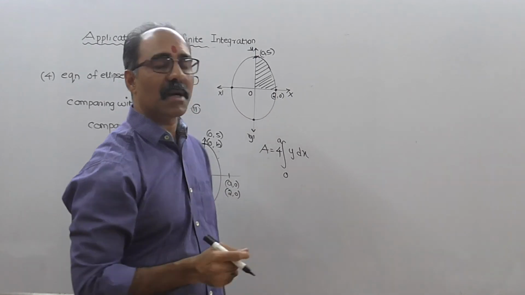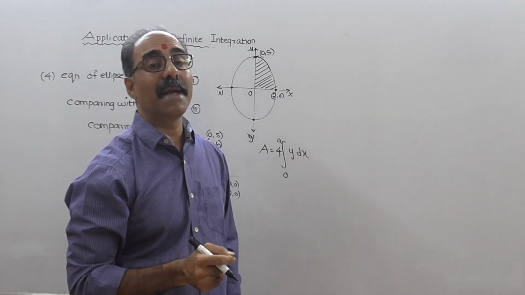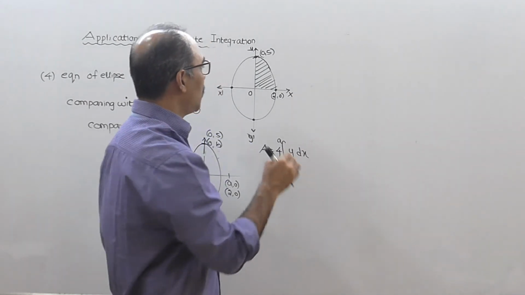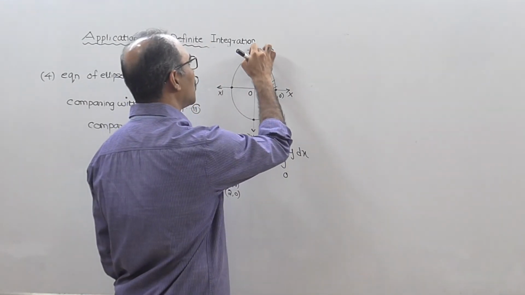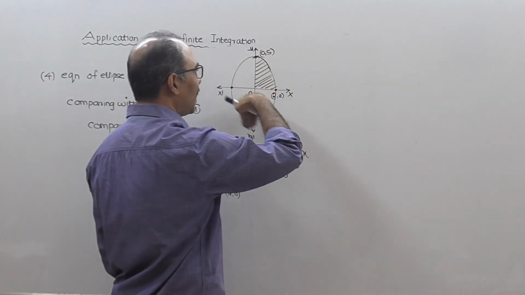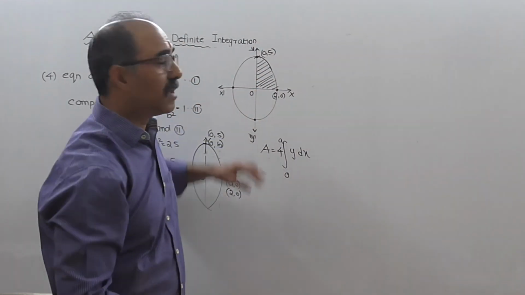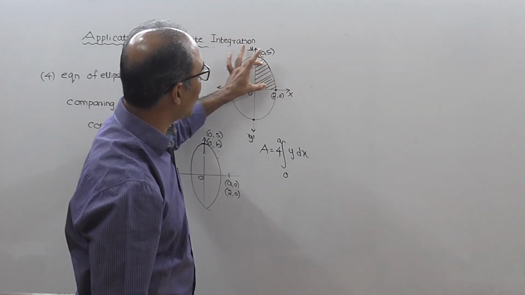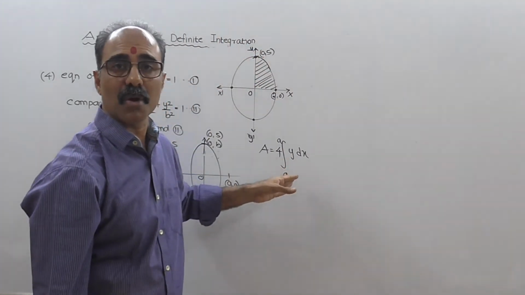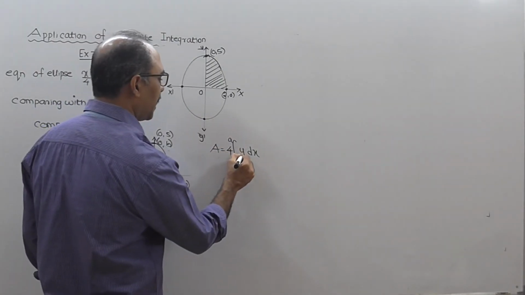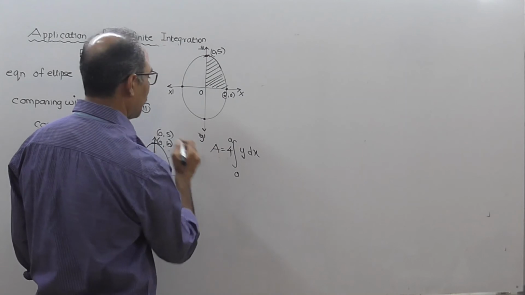It is similar to the concept of finding out the area of a circle. Area of a circle में भी हमने 4 से multiply किया. Ellipse में भी 4 part आएगा because the area of the curve that you find will be for this part. You cannot find the area of the entire ellipse. So what you will do is find the area of this part. तो इसका जो भी एरिया आएगा उसको 4 से मल्टीप्लाई कर दो तो ऑटोमेटिकली you will get the area of the entire ellipse.